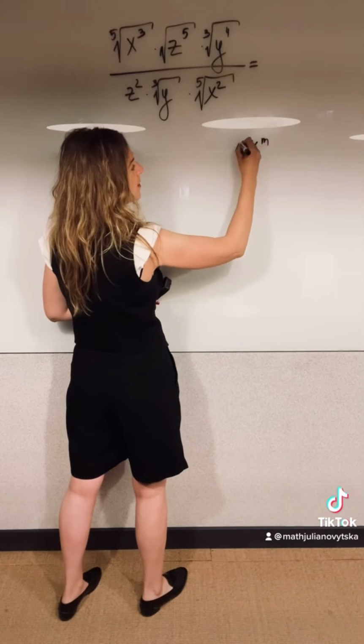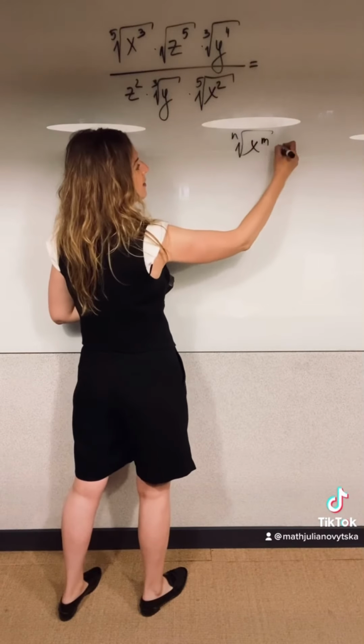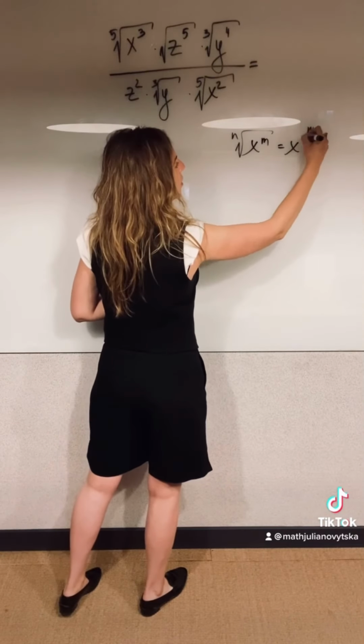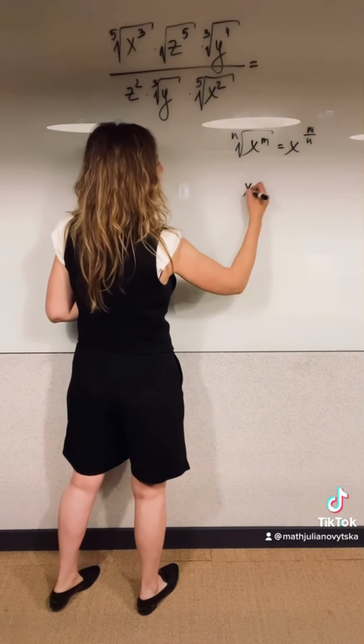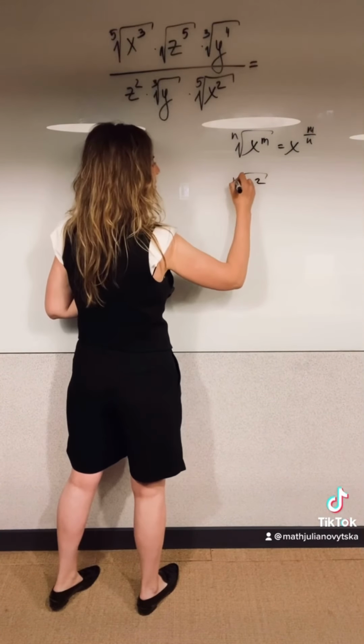And here is your, basically you'll have m over n. Okay, guys, let's do this. This always makes way more sense when